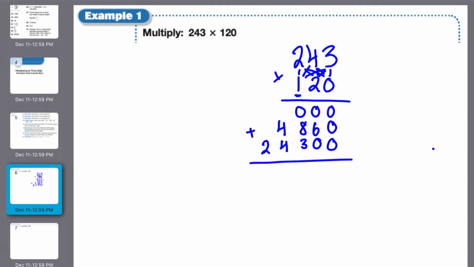Add those all up. And there you get 29,160. What some people will do, instead of adding that row of zeros,